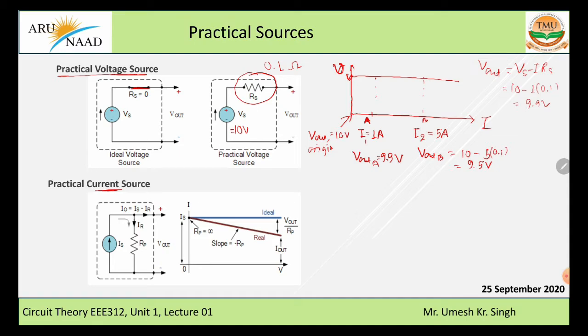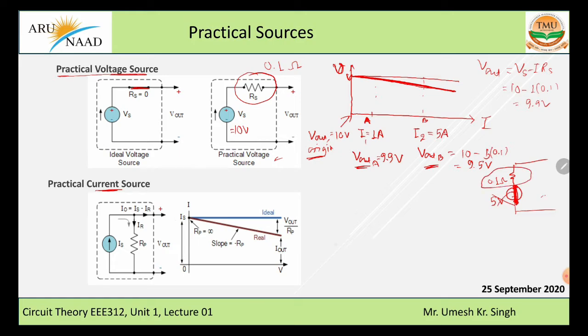Drawing a line, we can see that as we are moving forward, the value of output voltage is continuously decreasing. So this is the characteristic I have drawn using a thick line. This is the characteristic for a practical voltage source. And in a practical voltage source, if you solve a circuit and you are given a practical voltage source like this, 5 volt and 0.1 ohm, then what you do is this point will be short circuited and this will be as it is.